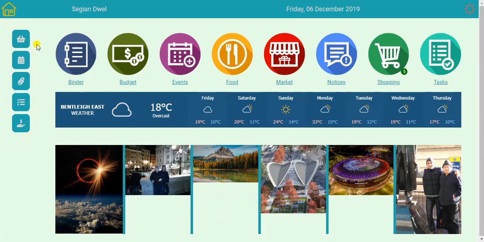These are shortcut buttons. The first one allows you to add an item to the shopping list. The second one allows you to add an event to the calendar. The third allows you to clip a media file of some sort, whether it's a photo, an image, a text, or a link. It can be clipped and saved in the Binder application here. This button here allows us to add a new task for the tasks module, and the last one allows us